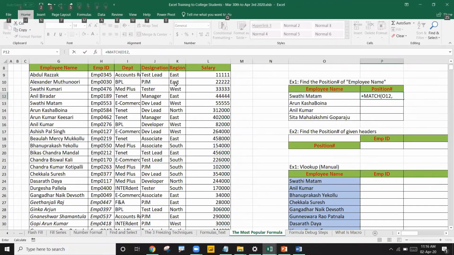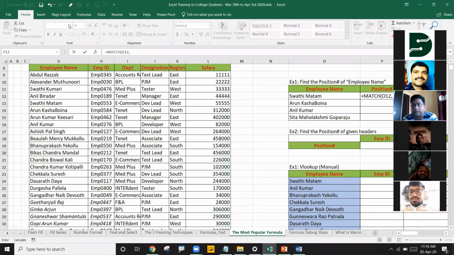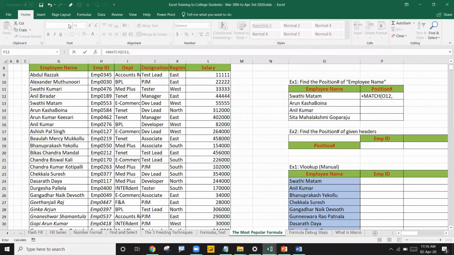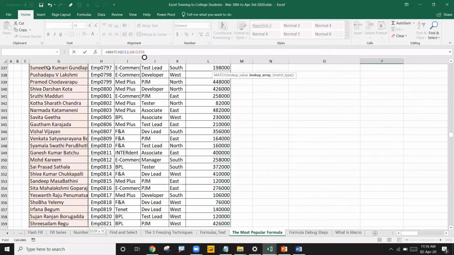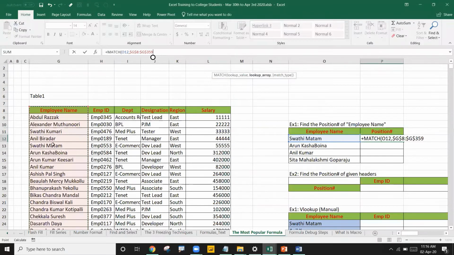What is my lookup array? That lookup array is all my employee names. I'll select all these employee names. Don't forget to press F4, because if I drag it down, it should always be the same range. Correct? Comma 0, bracket close, and enter.